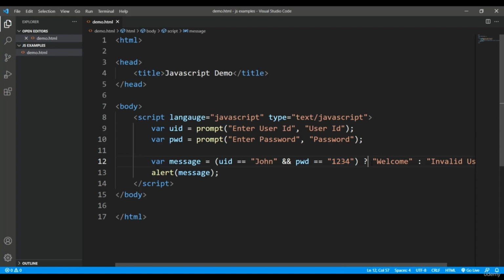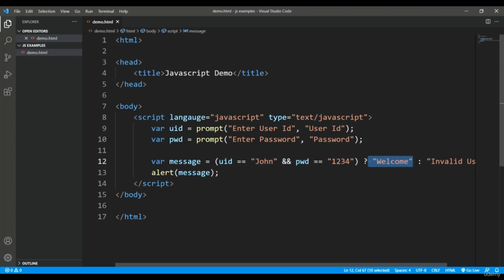As per the AND operator, it will return true when both of the conditions are true. Whenever we do a login, the username and password both must match in order to get a successful login result. So if both are correct, this AND operator will return true, and in that